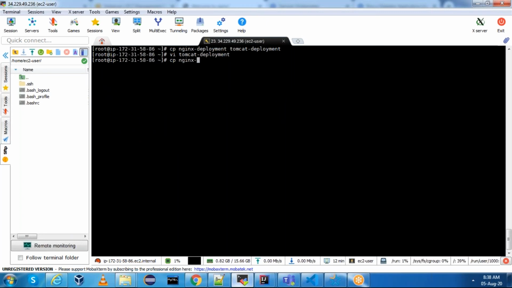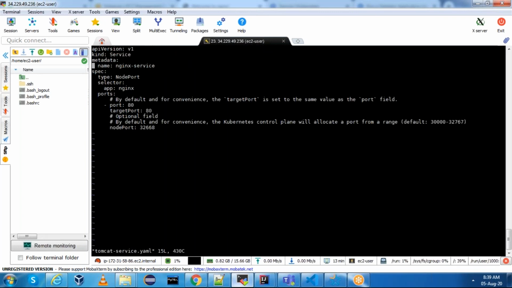Next, I want service as well. I'll create it for this. Okay, inside service also I have to keep metadata name as tomcat-service. Okay, this can be anything.